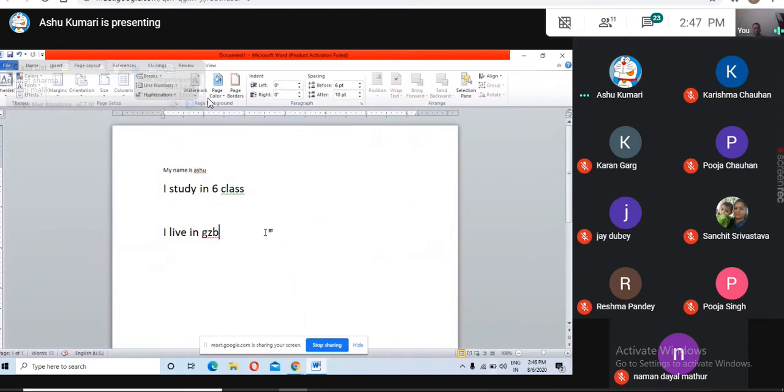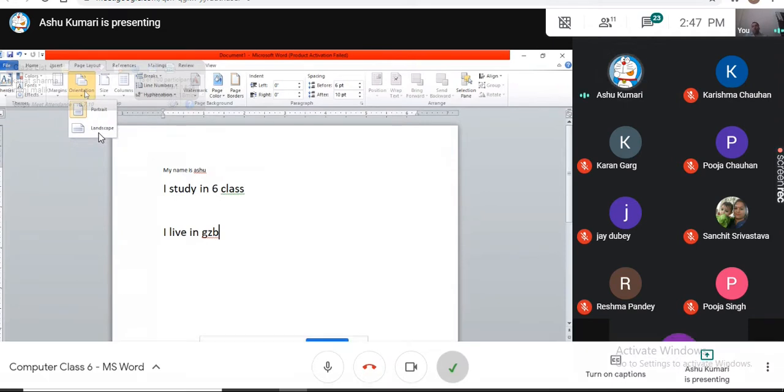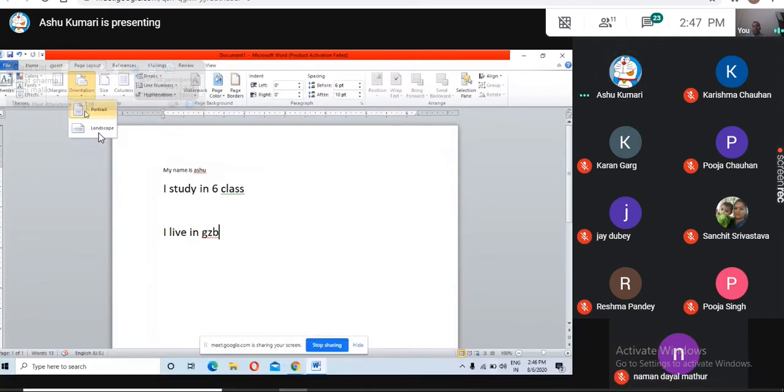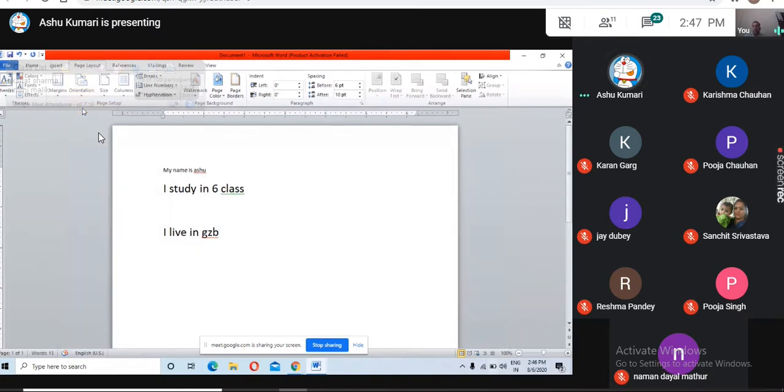Now the next topic is page orientation. In your book the next topic is page orientation. Here is the option for that, orientation. We have two types of page orientation, that is portrait and landscape. Now it is landscape. We can change the orientation.